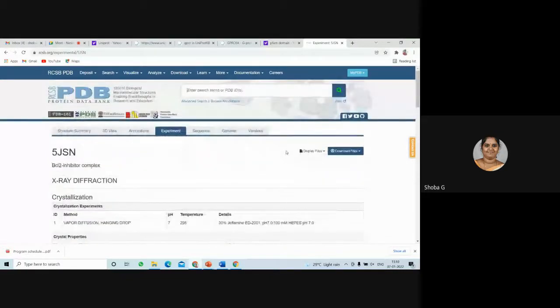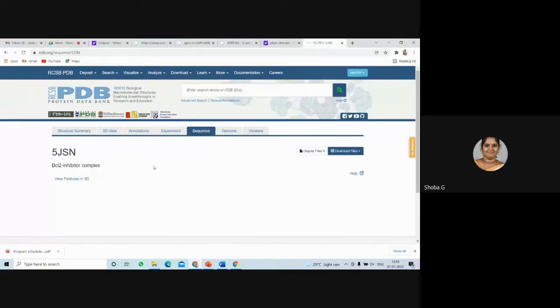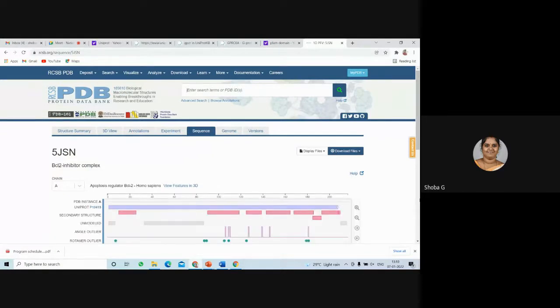So this is how the experiment was carried out, under which condition, and which X-ray diffraction methodology was followed. And next comes your sequence information, where you have the sequence data of this particular protein,